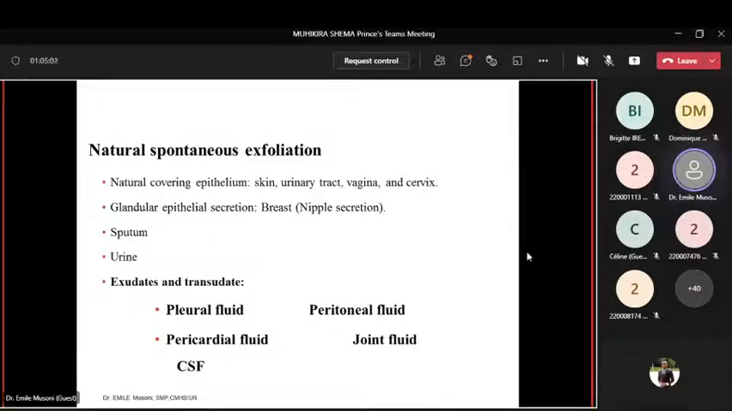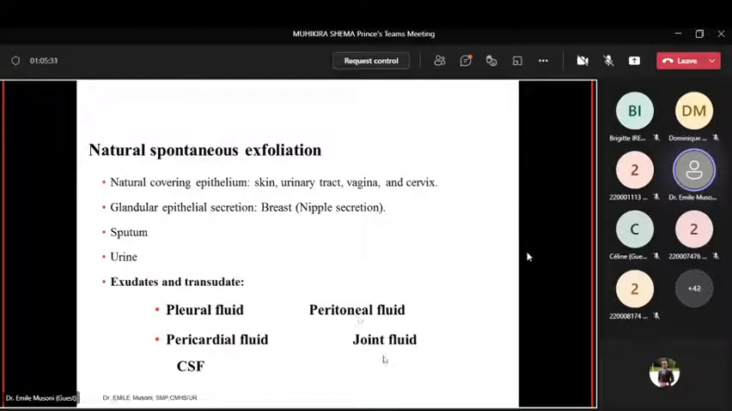So this is a natural spontaneous exfoliation. We have seen this one for the urine, sputum, nipple secretion, like exudate and transudate. You have seen it in your biochemistry. For example, in pleural fluid, you can see some cancer cells from the lung or pleural effusion, pericardial fluid, cerebrospinal fluid,